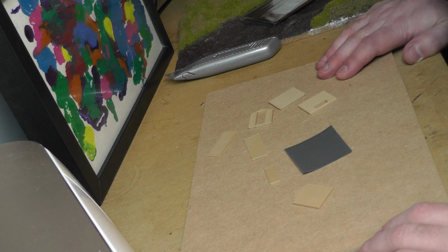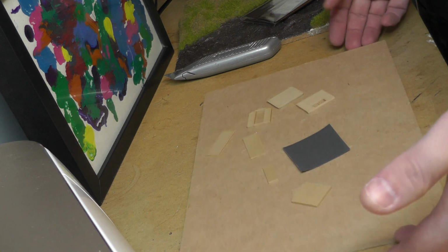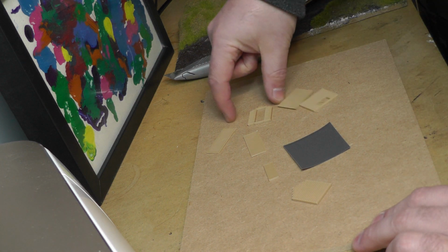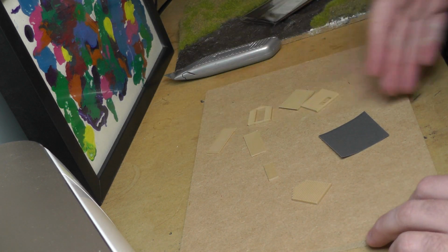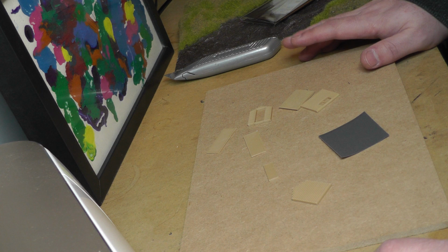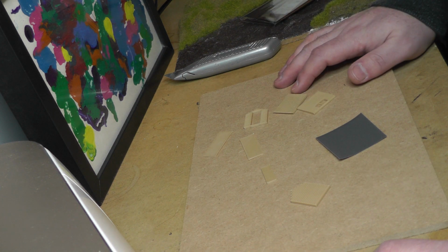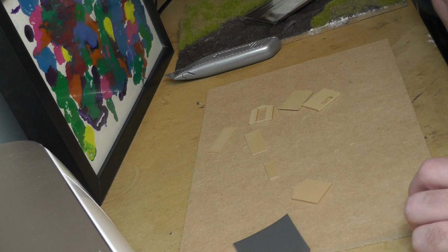The idea is to create a small diorama, a small scene. So I'm probably going to do something on this A4 MDF board. I'll probably put the shed in the back corner here, and then it may be that I trim the MDF down, or I may leave it A4 size. I haven't actually decided what I'm going to do with it yet. The pressure is on though, because the quality of some of the other pimped sheds has been absolutely outstanding. I'm probably showing you a couple of those on the screen right now, but they are absolutely fantastic. But it's all for a good cause, all for a bit of a laugh,